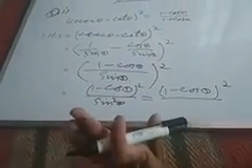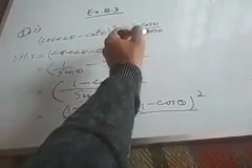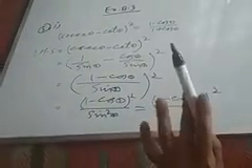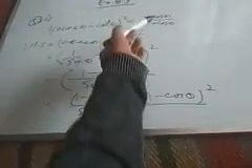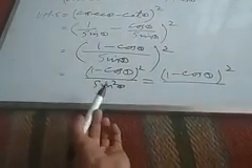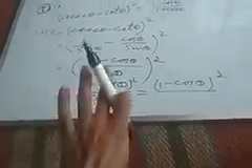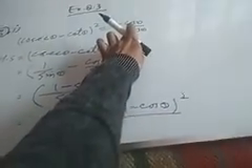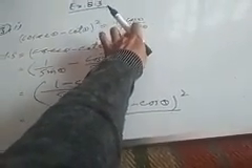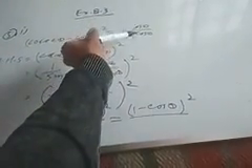If you look at the right hand side of this problem, it is 1 minus cos theta divided by 1 plus cos theta. 1 minus cos theta we have got, and in the denominator it is 1 plus cos theta, but our denominator is sin square theta. That means we have to change this denominator sin square theta in terms of cos theta, because our denominator in the right hand side is 1 plus cos theta.